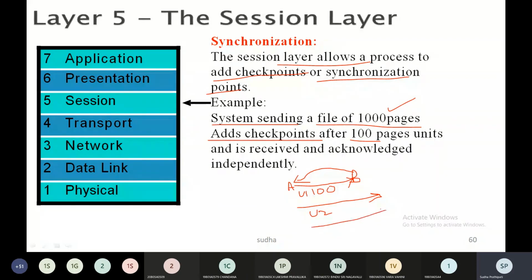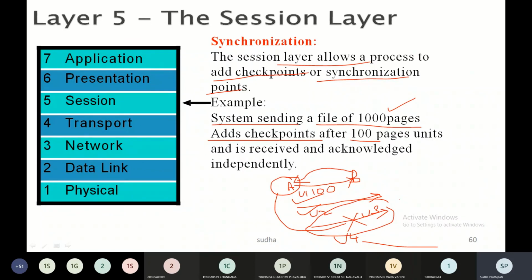Say, for example, for the third unit there was a difficulty in transmitting. Some network issue arose, and this third packet was not able to be delivered to the destination. Device A got confirmation for unit 1, unit 2, unit 4, unit 5 and the rest from device B, but for unit 3 it did not get any acknowledgement.